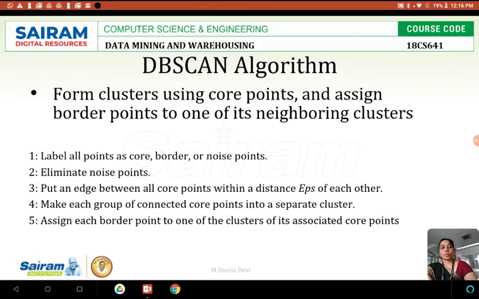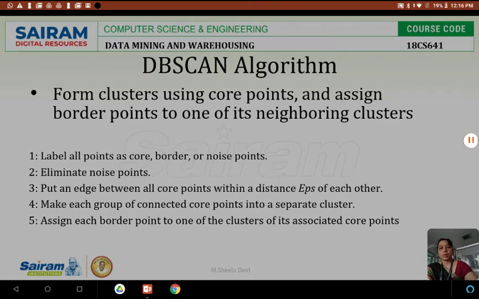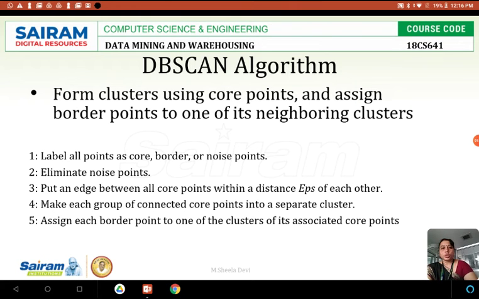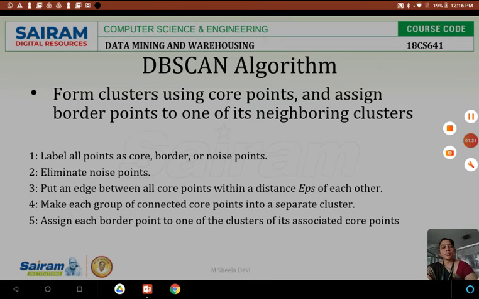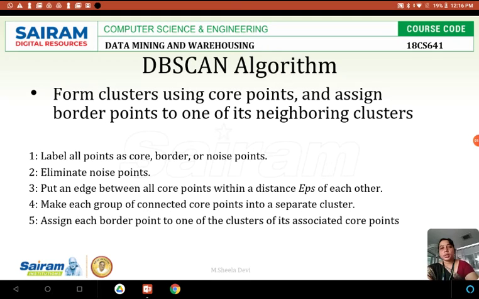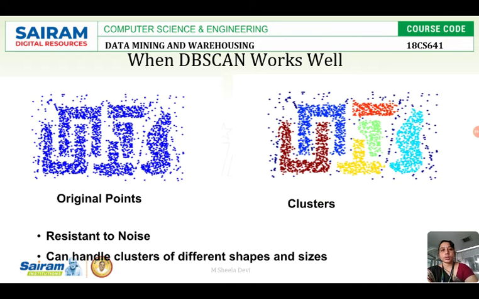Assign each border point to one of the clusters of its associated core points. So these are the 5 steps we have to do in case of the DBSCAN algorithm. Now we'll see with an example how this algorithm works.